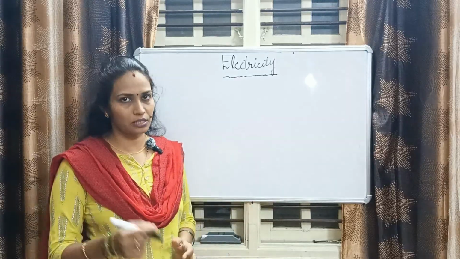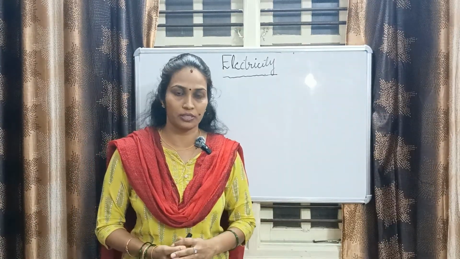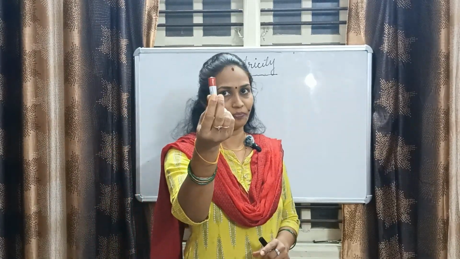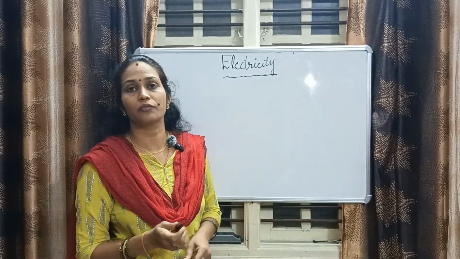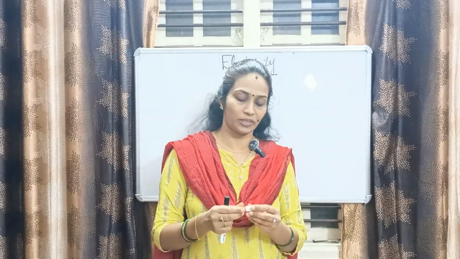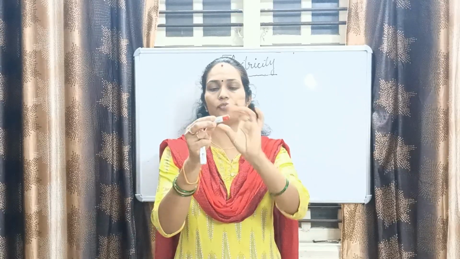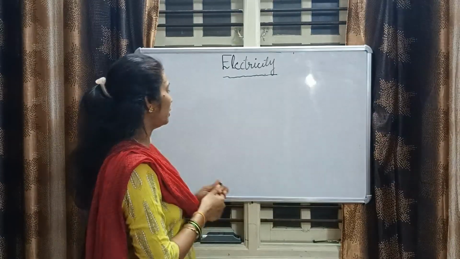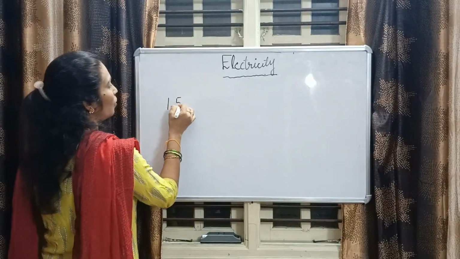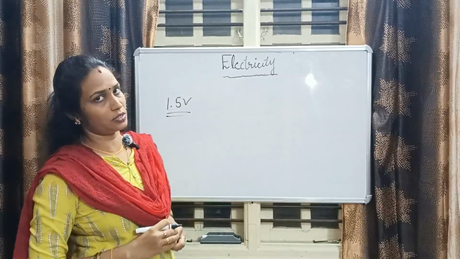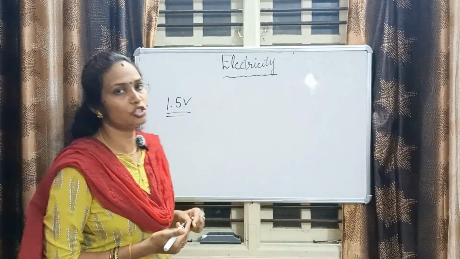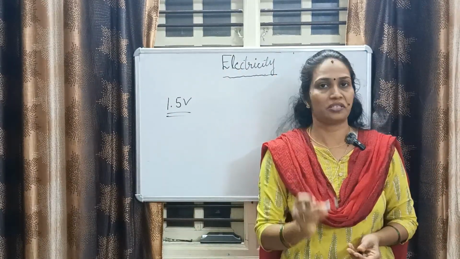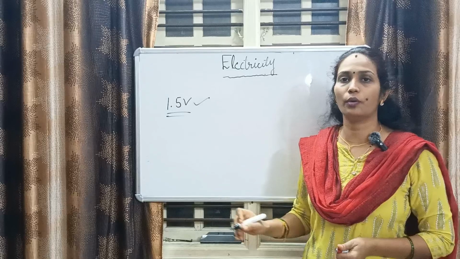Okay. Now we'll discuss something which is very important about the potential difference. So look at this, guys. What is this? A battery. Correct? The battery which we are using for TV remotes and small instruments. They're working on these kinds of things. Am I right? This battery has 1.5 volt. What is the meaning of this 1.5 volt? That much potential difference is there. That much pressure can be built in this battery. Okay. This 1.5 volt means